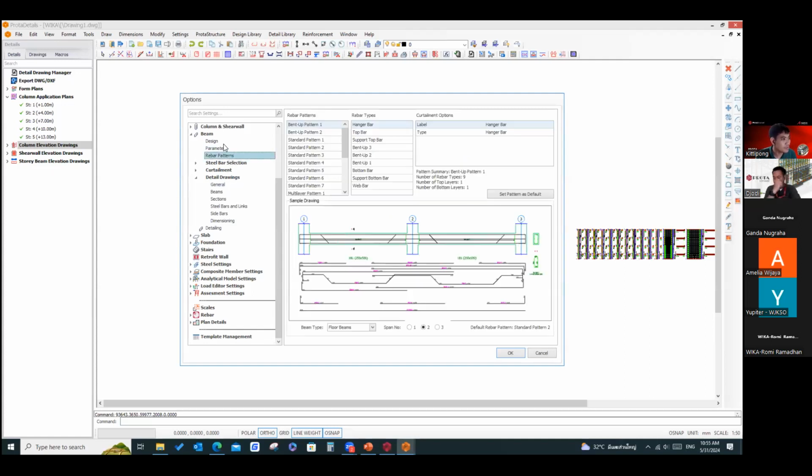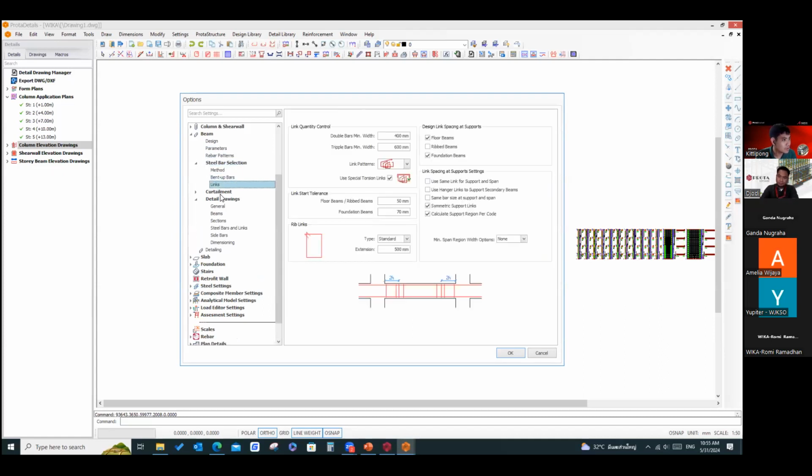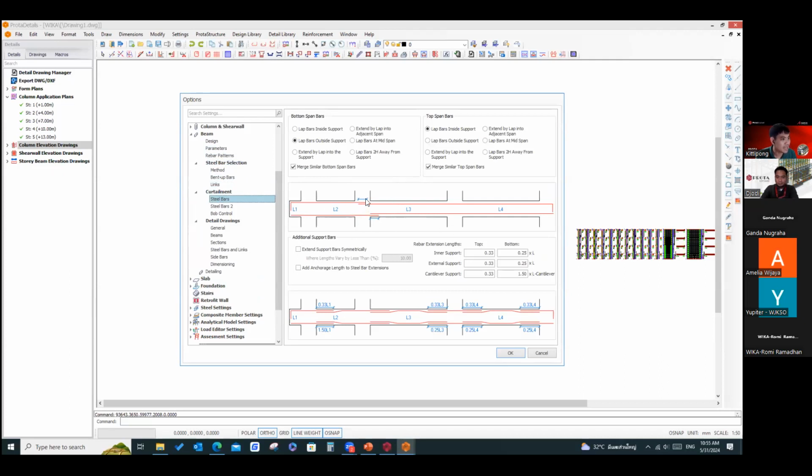They will have the beam pattern like this, with the lapping area that you can modify. You can change whether you would like to lap the top bar or the bottom bar, manually. But if the length of the beam is longer than the rebar, it will automatically cut the rebar at that point.